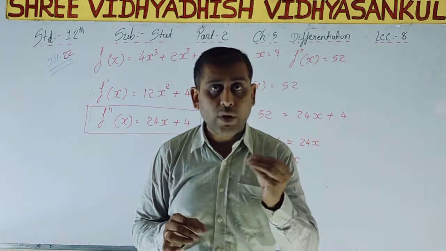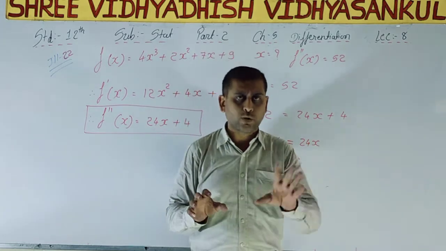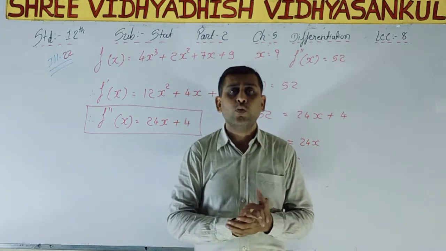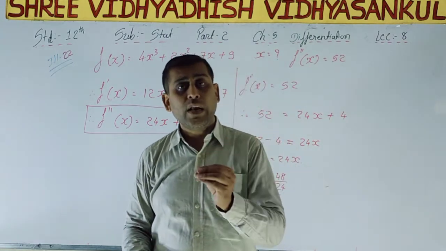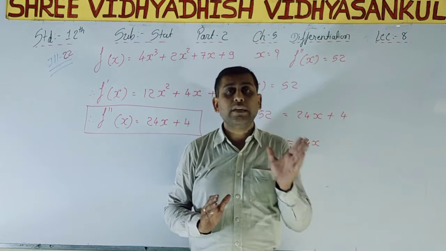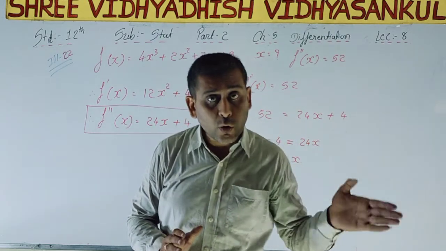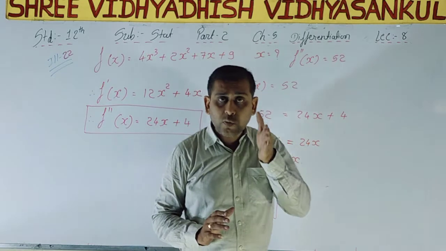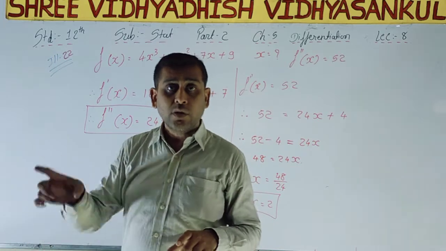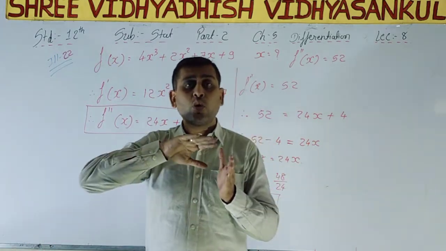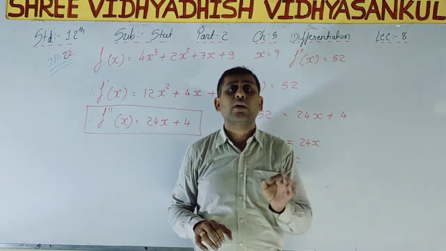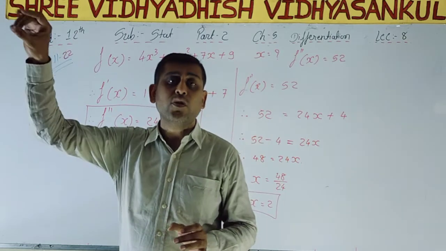See, f of a means what? Suppose f of 2, where a is equal to 2 and h is equal to 1. So the middle point is f of 2, the smaller value is f of 2 minus 1, that is f of 1, and f of 2 plus 1, that is f of a plus h, the bigger value is there. So you can say that here the function is an increasing function.